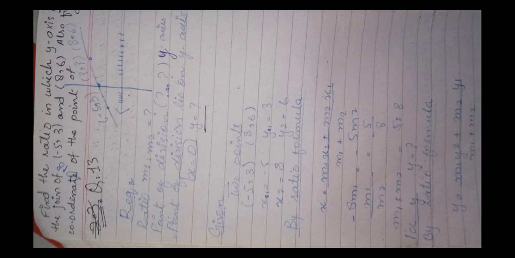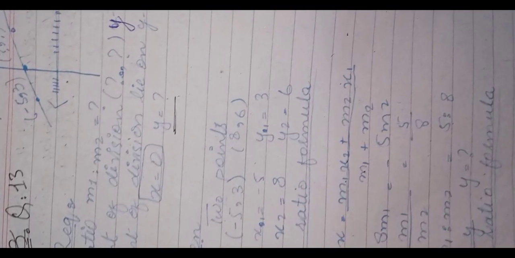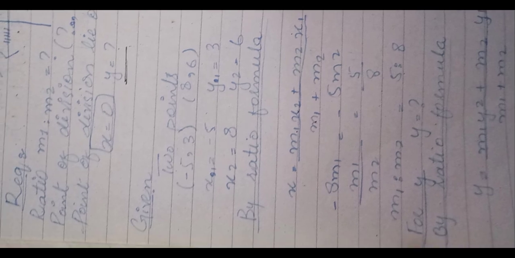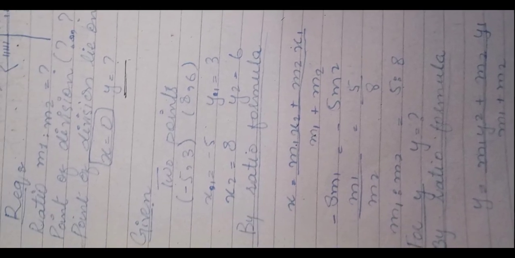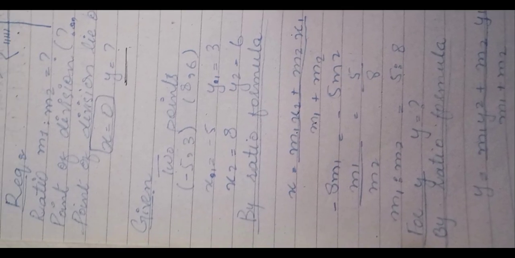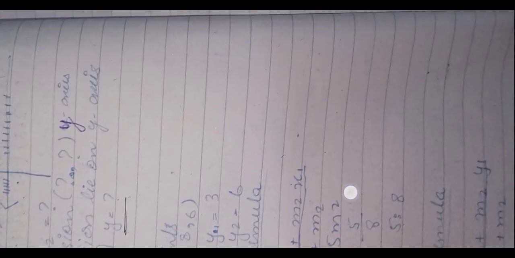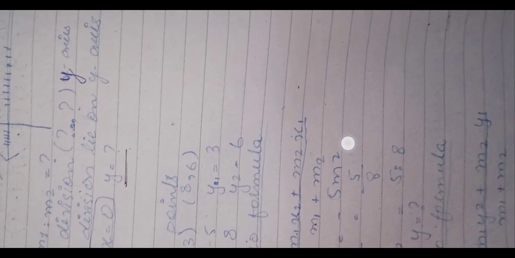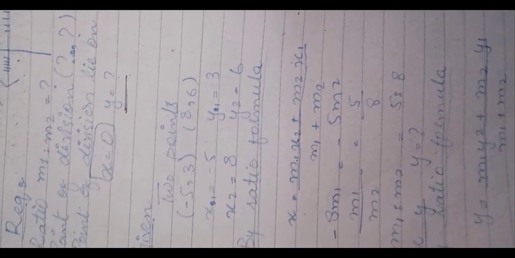Okay, simple. We have 2 points and we have written x1, x2, y1, y2 of these 2 points. We will solve it by the ratio formula, because the question asks us to find the ratio of the point of division. So we are solving this by the point of division formula, where y is equal to m1 y2 plus m2 y1 over m1 plus m2. We have always solved with both x and y, but here we will play a trick.